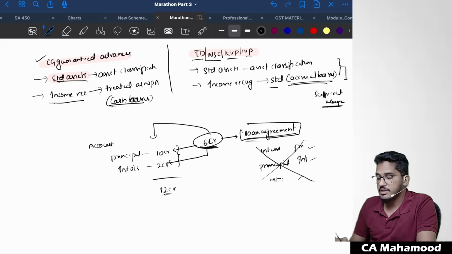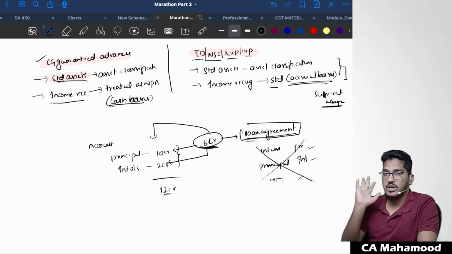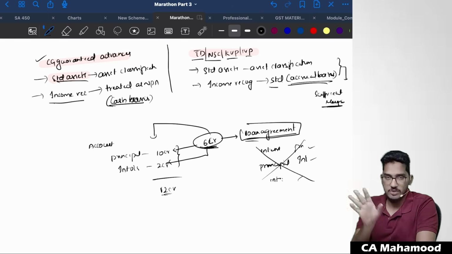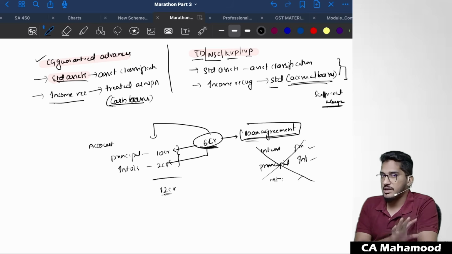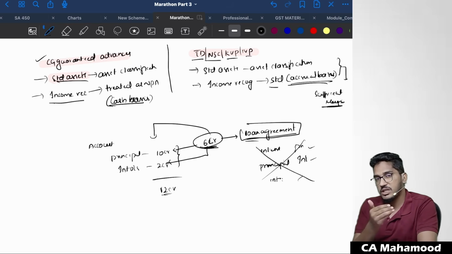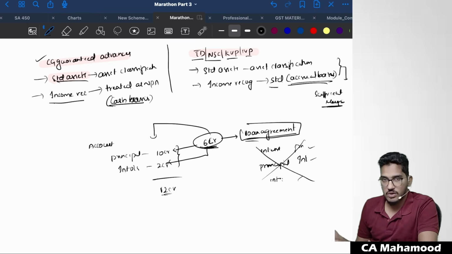Sir, what if in this particular case the clause is missing in the loan agreement? Generally it will not happen. Today all the loan agreements are standardized. In every loan agreement there will compulsorily be a clause. Generally today loan agreements are all pre-printed. They will not sit and discuss all the terms and conditions with you. There will be a pre-printed format, and you are just required to sign. So generally clauses will not be missed.